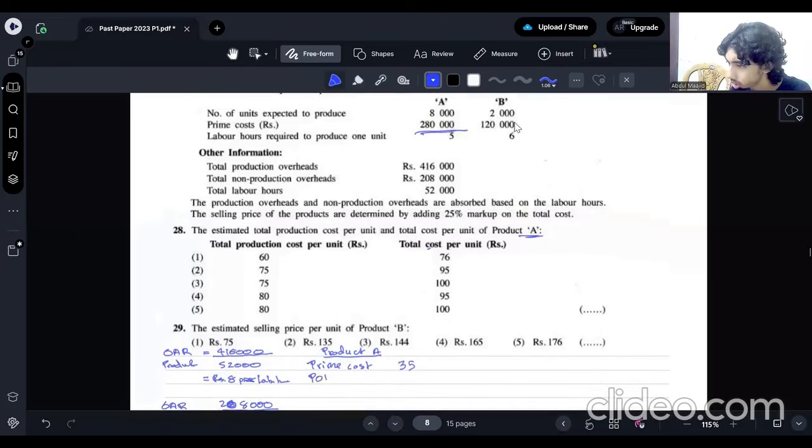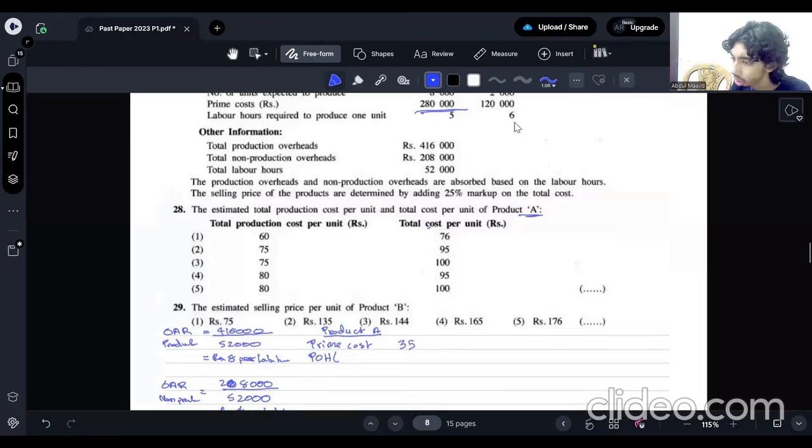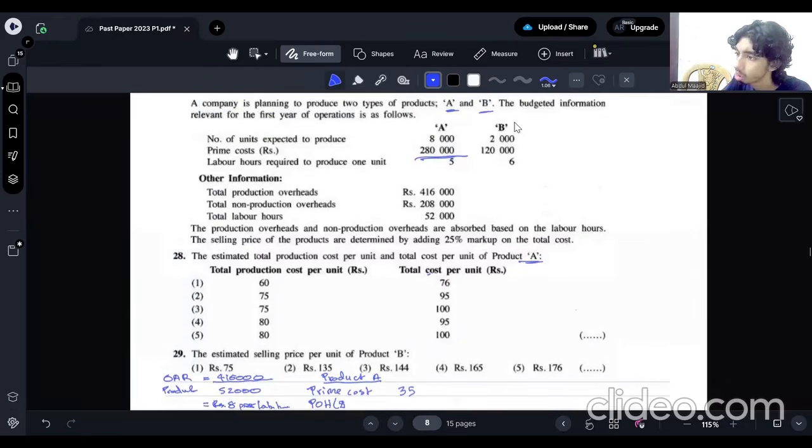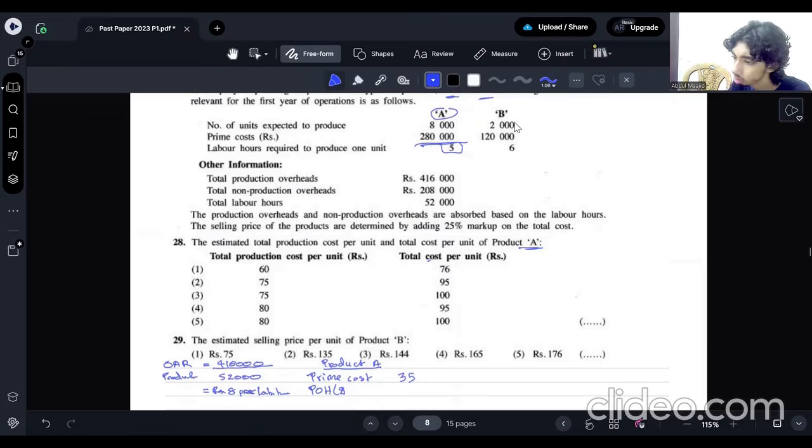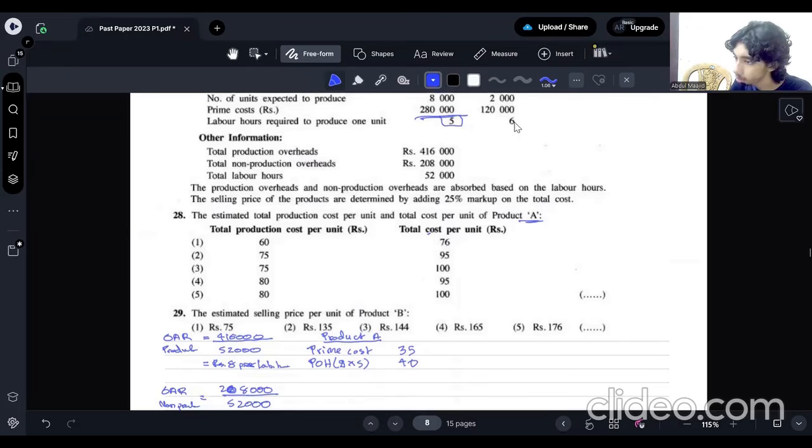Production overhead: for 1 hour, production overhead is 8 rupees. To produce one unit of A, you have to spend 5 labor hours. And the production overhead will be 5 hours into 8 rupees per hour. That will be 40. Then the production cost per unit will be